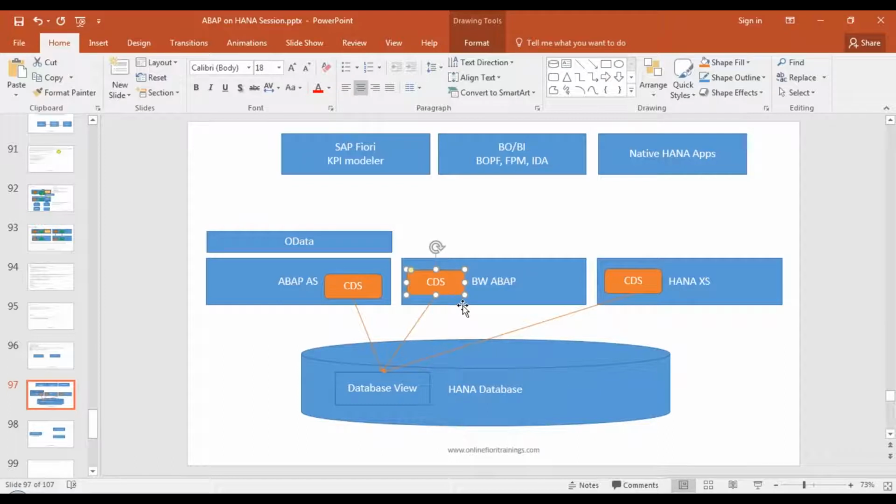But here you just have to define a data definition, and then on activation it creates an entity automatically for you. Here the layer in which you're creating is the ABAP layer. There the layer in which you're creating is the HANA XS layer. This is the major difference between CDS view in HANA XS and ABAP. Hope that answers your question.